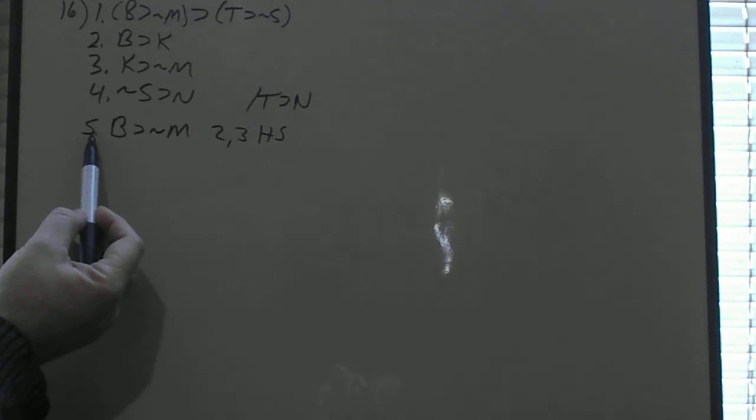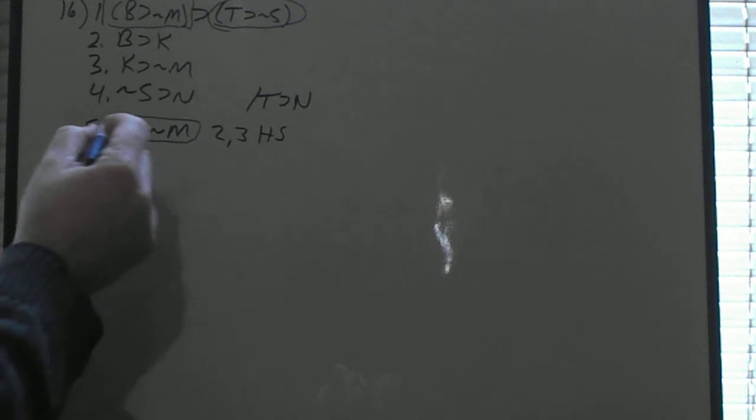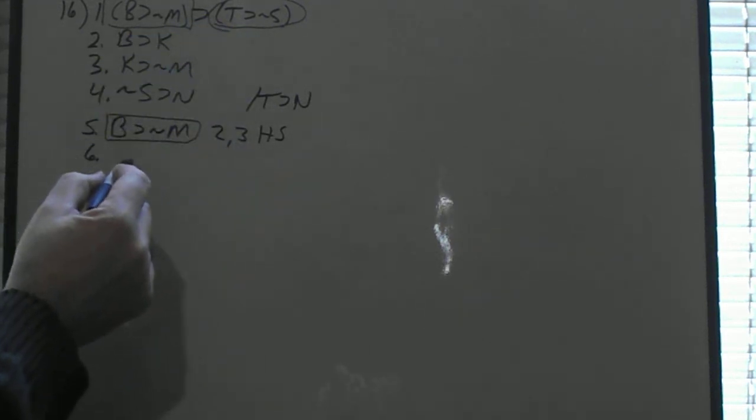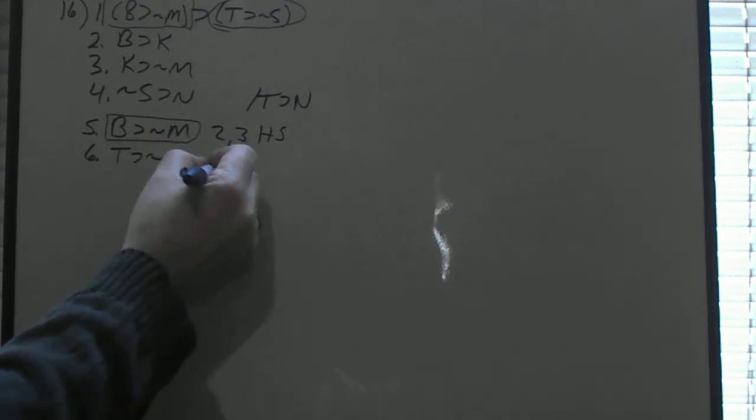Now once we've got that, we can clearly see that 1 and 5 make modus ponens. Right? So again, the square is the antecedent, the consequent is the circle. So B, then not M, is the square. So if square, then circle, square, therefore circle, which would be if T, then not S, from 1 and